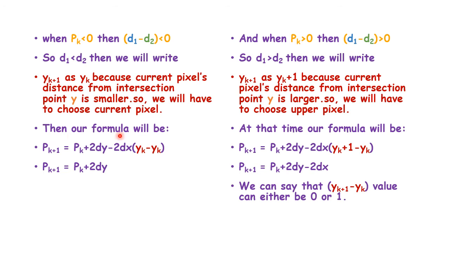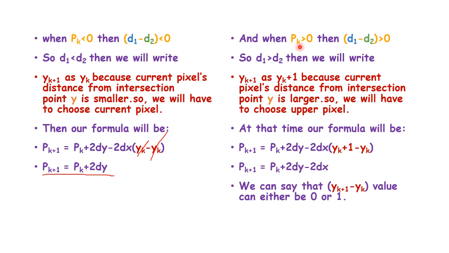Then our formula will be pk plus 1 is equal to pk plus 2 dy minus 2 dx in bracket yk minus yk. Here yk gets cancelled, so we get the equation pk plus 1 is equal to pk plus 2 dy,